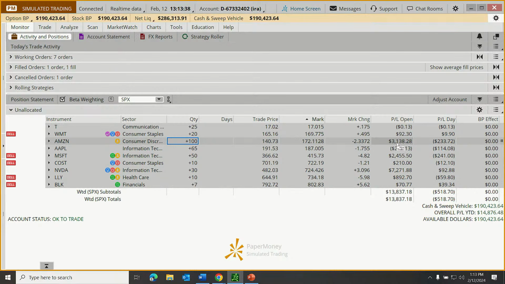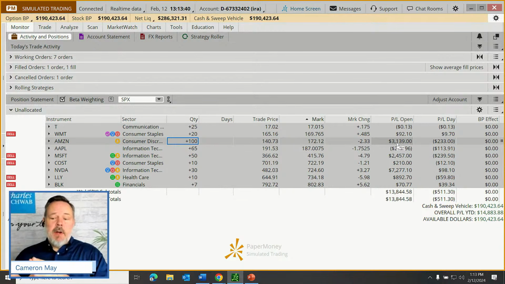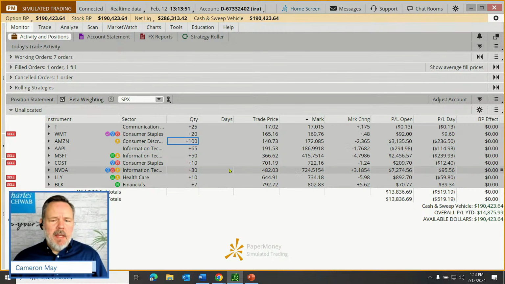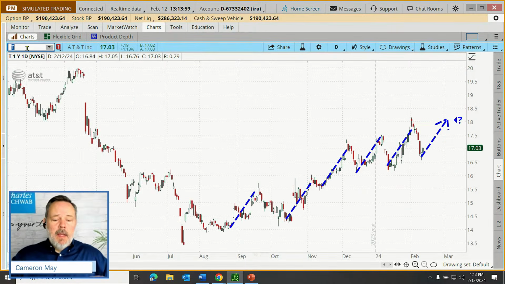All right, so that's how we might use the charts to plan a trade. We place the trade, we monitor a trade. Let's say we now want to take some profits on a trade. How do we sell a stock? Well, there's a stock in this portfolio, NVIDIA, that's actually had a really nice run. It's up $7,300 on just 30 shares. And if we were to go to our charts and look at